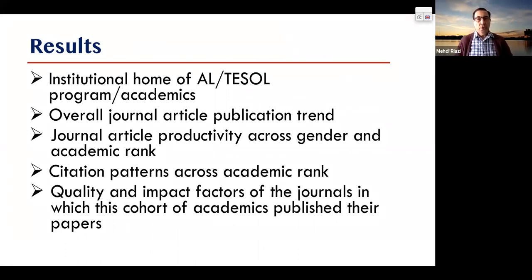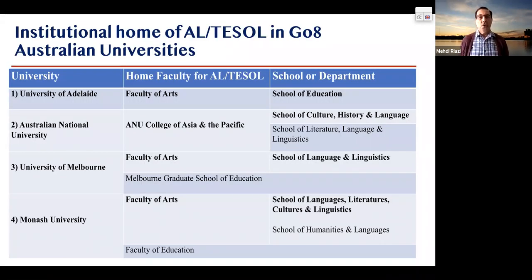Overall journal article publication trend, journal article productivity across gender and academic rank, citation patterns across academic rank, and quality and impact factors of the journals in which this cohort of academics published their papers. Okay. Now, as relates to the institutional home of this cohort of academics, as I mentioned in the introduction, there